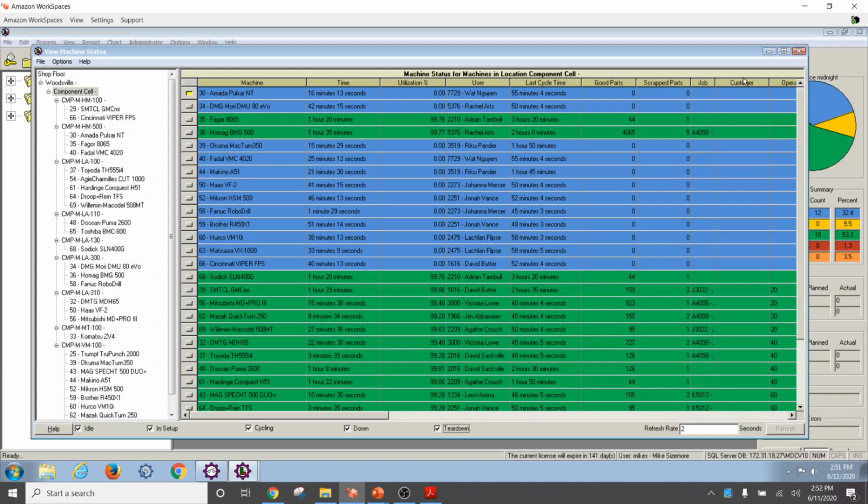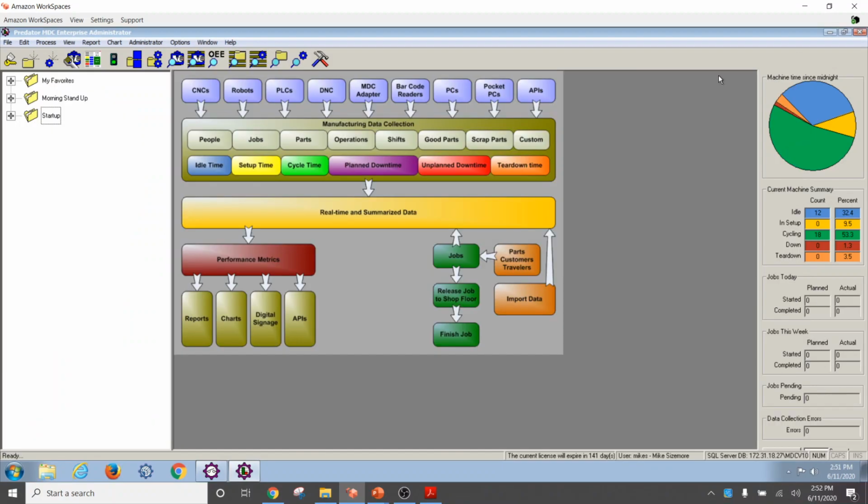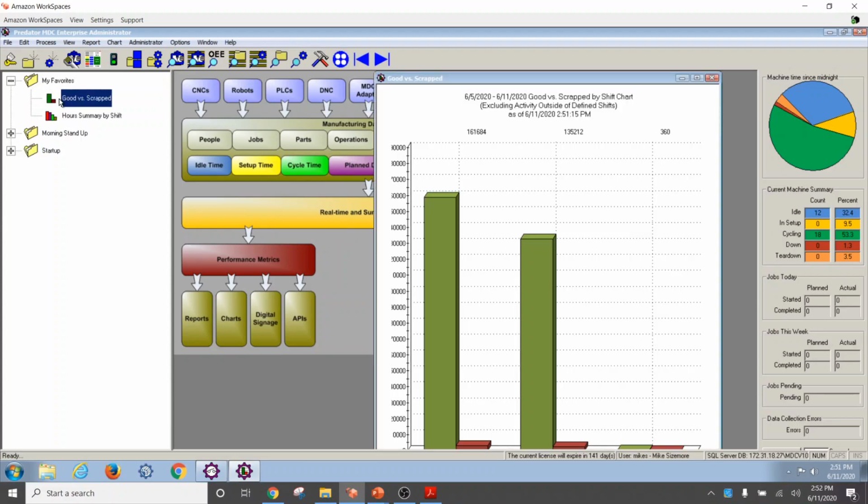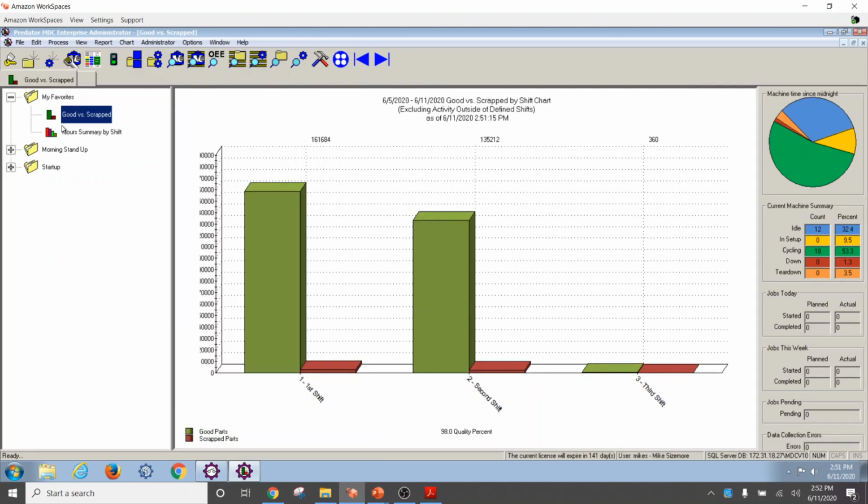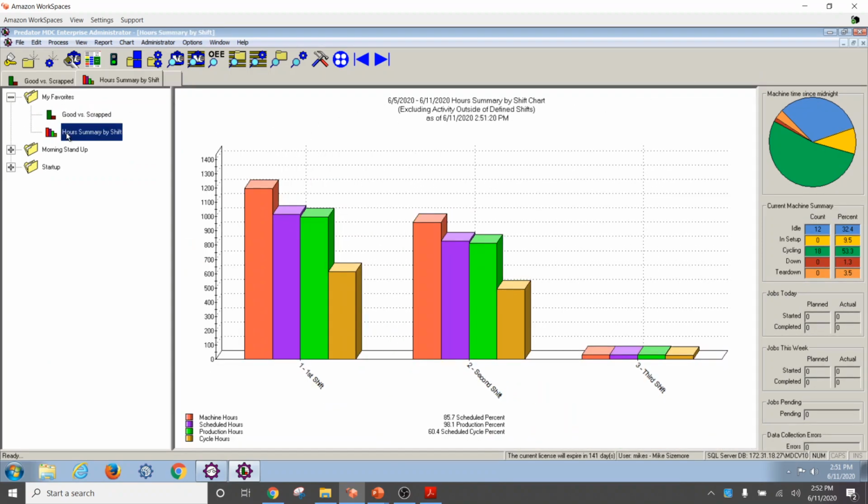Other charts to view may be charts such as good scrap. Another chart to view could be an hour summary. As you can see here, we're breaking things down by shift. We have our machine hours, our scheduled hours, our production hours, and our cycle hours, all captured by shift and